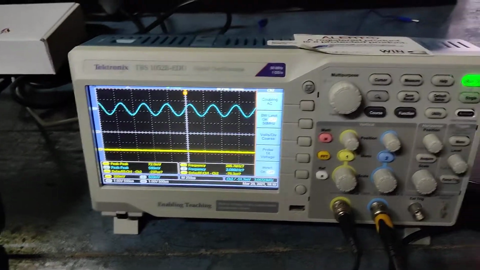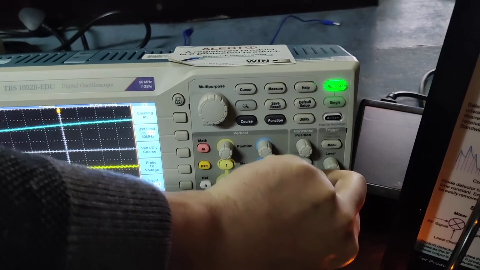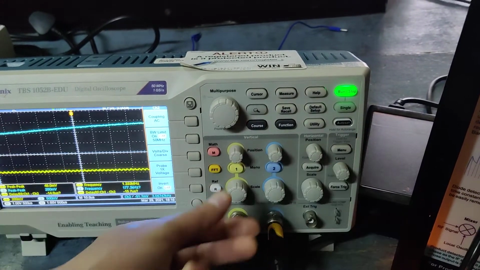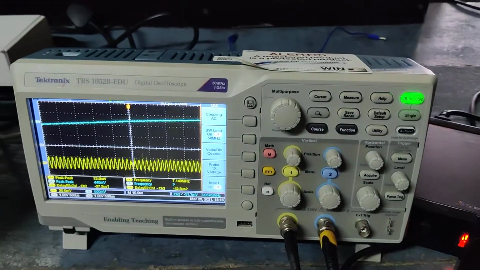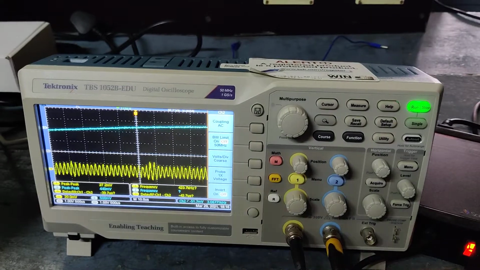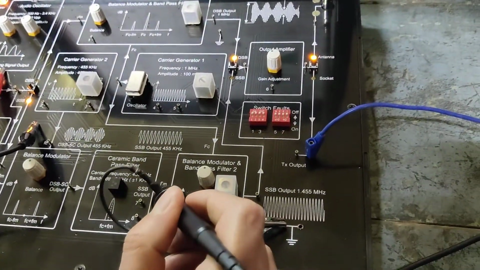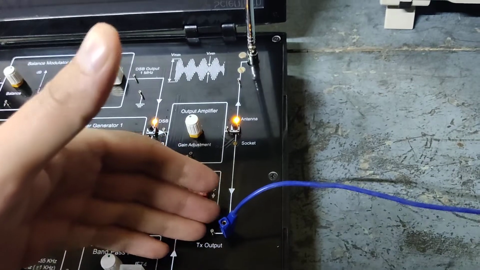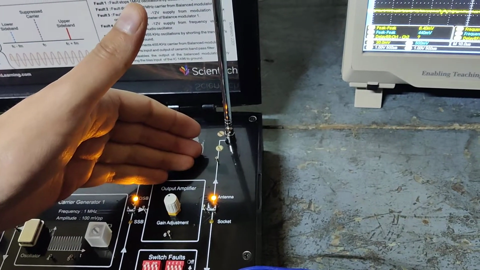It is a very low frequency signal, so we have to make some slight adjustments to visualize this particular signal, which can be seen here. So we have obtained this signal, which is simply the single sideband suppressed carrier output. Then this single sideband suppressed carrier output can be visualized as an output of a socket or as an output of an antenna.